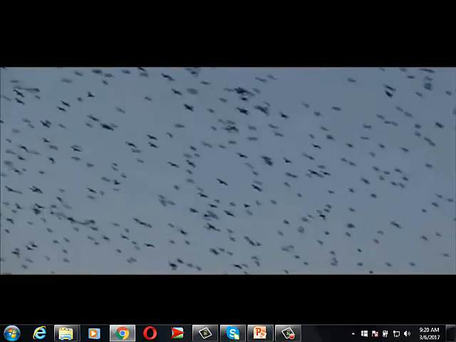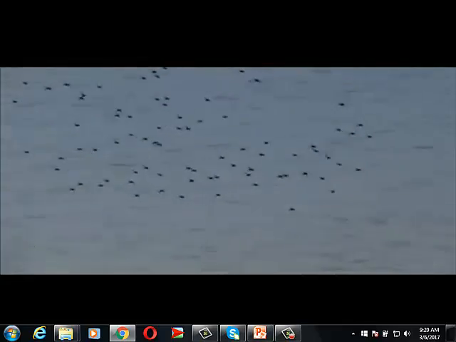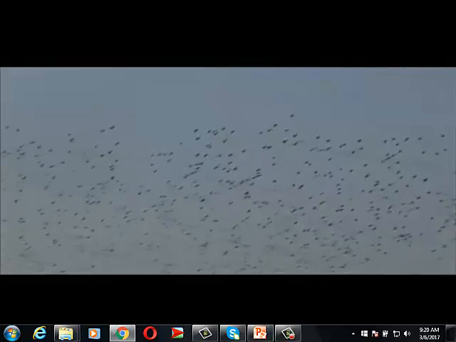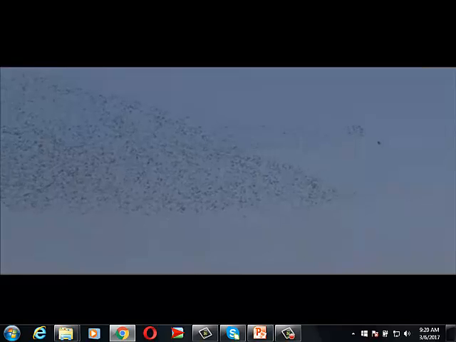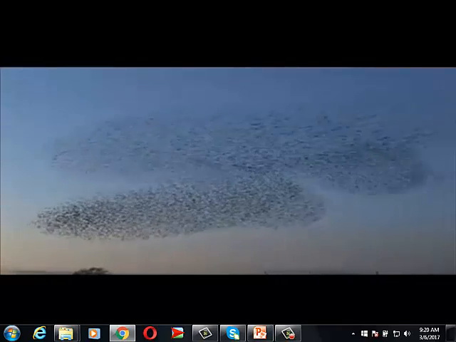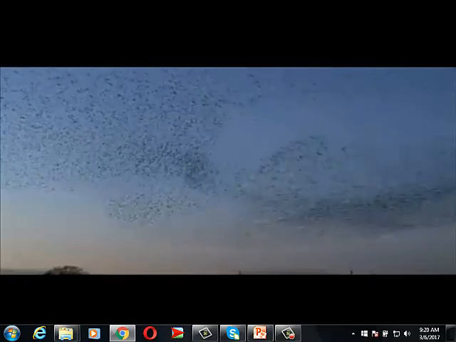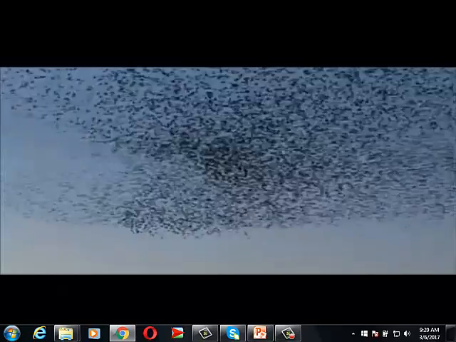Tabarakallah ahsanul khaliqeen. This is what you're supposed to say when you look at this. This is how you look at the mystery and the wonder and the beauty of the creation of God. This is what science is about. Look at how beautiful this is, how amazing. What is happening here? There are two different flocks, but they fly through each other. So this is reality. Look at the reality, and then you try to understand how this reality works.